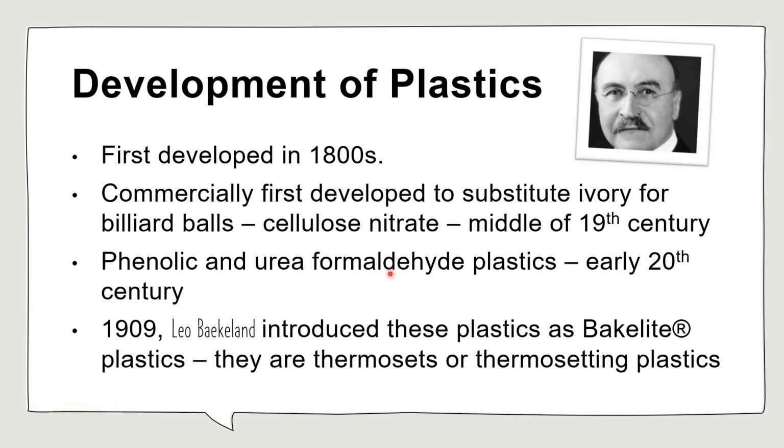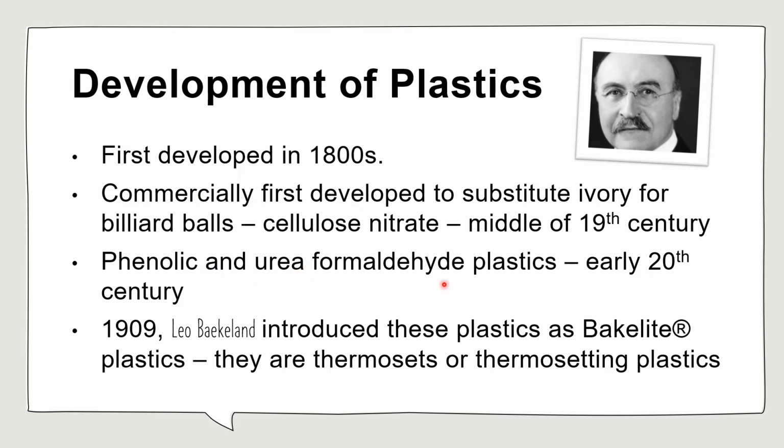So we're going to take a look at the history. Industrial technology, we're not heavy on history. This is not a history major class. So it's just a touch-up, and it's going to start from 1800. That's the first development of plastic. They've been trying since that time, but it became successful in the middle of the 19th century because we started to do commercial plastic by replacing the ivory for billiard balls, because ivory is so expensive. This one comes from animals like elephants, yeah. So billiard balls are now made of commercially synthesized plastics.